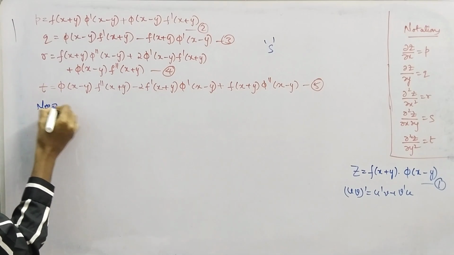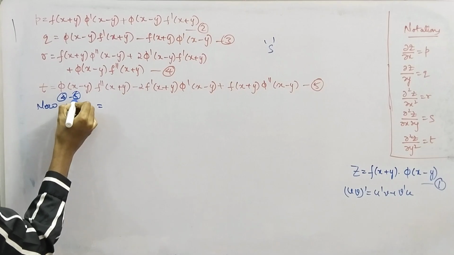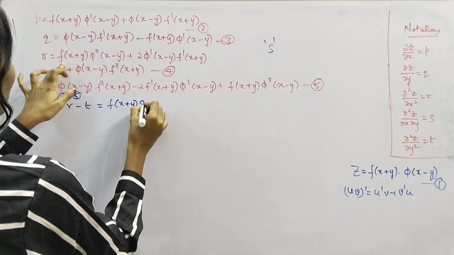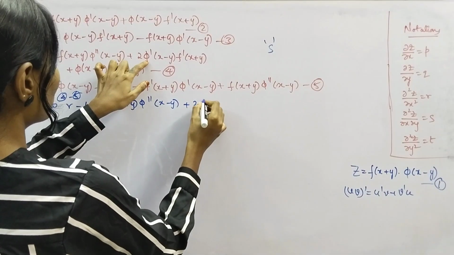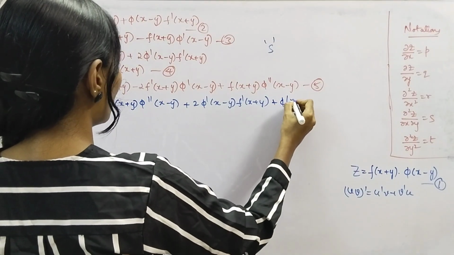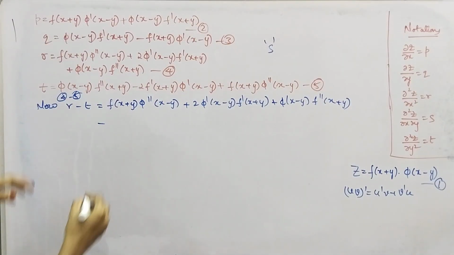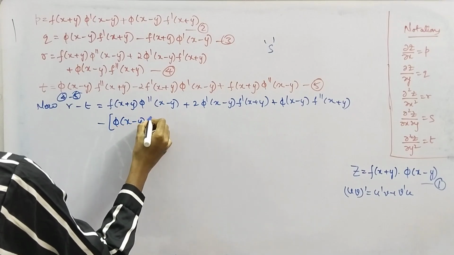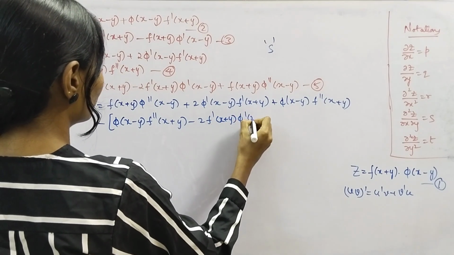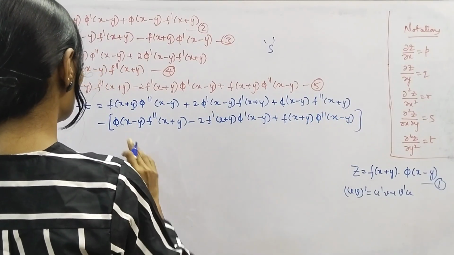Now r minus t equal to, that is 4 minus 5 gives r minus t equal to f of x plus y, I mean f phi double dash plus 2 phi dash f dash plus phi f double dash, minus of phi f double dash minus 2 f dash phi dash plus f phi double dash. Right,